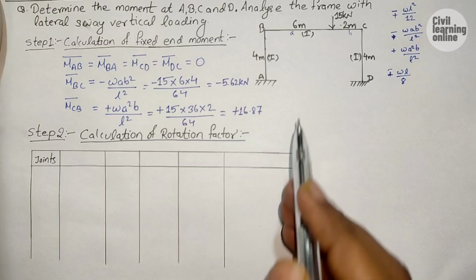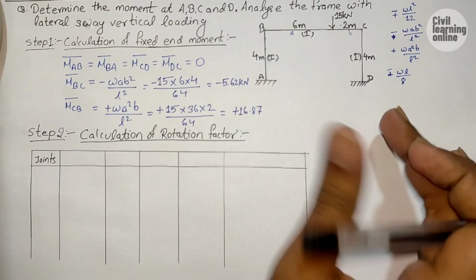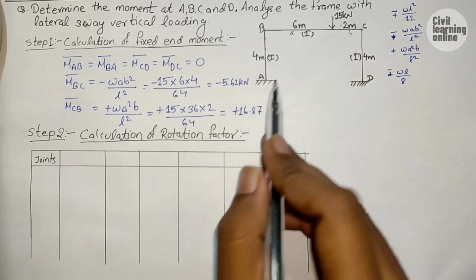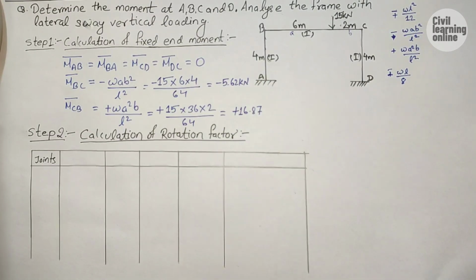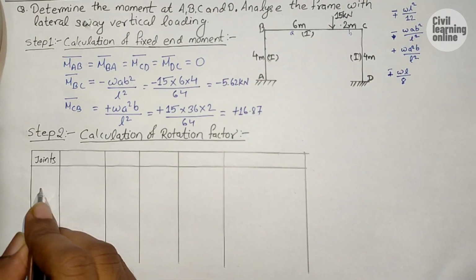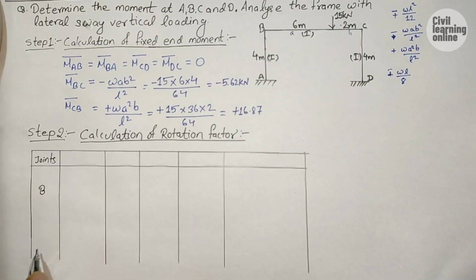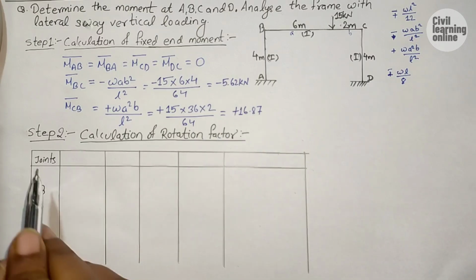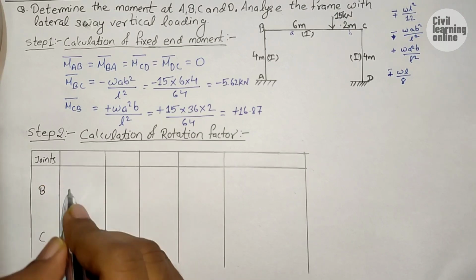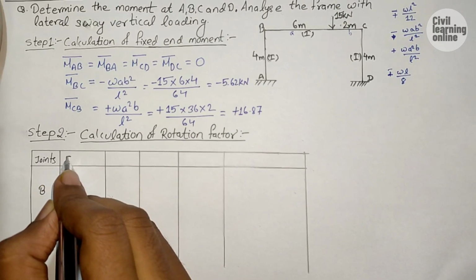Here the joints represent the intermediate supports, and in this frame the intermediate supports are going to be B and C, while A and D are our end supports. So our joints are B and C, so let us write it down here, B and C. Now guys, after filling the joints, we have a second column in which we will write down spans,